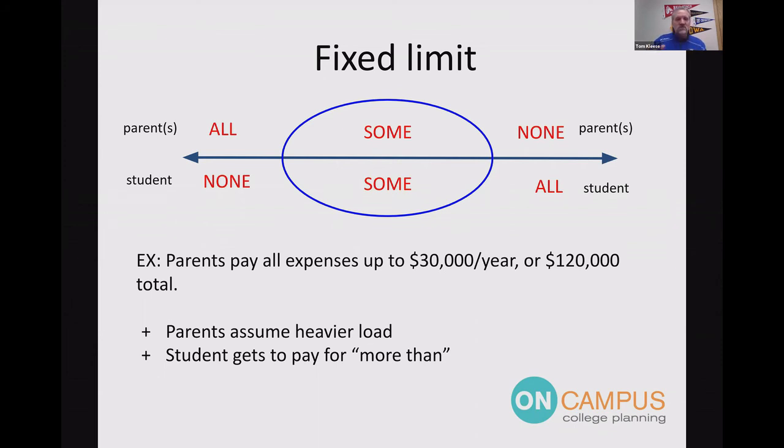we're going to give you a nice used, modest mileage Honda Accord or Toyota Camry, great car, still in really great shape. If you want something fancier, you want a BMW, you have to pay for the difference between that. Maybe just one way to think about that, kind of supersizing things a little bit. So that's one way to talk about fixed limits as well.